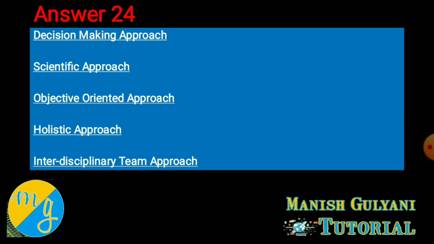Suppose my objective is sale maximization. Now the question is how to maximize my sale. So this problem is converted into a mathematical model. Firstly, you have to determine your objective, because it works according to the objective of the organization. That's why it's called the objective oriented approach. Without determining the objective, you can't use OR.